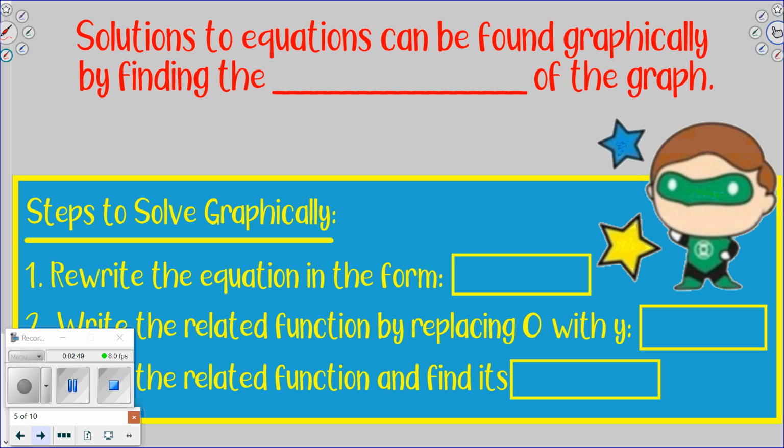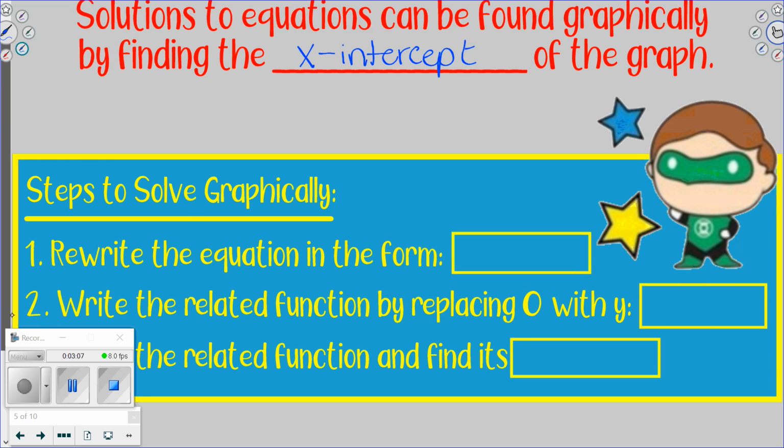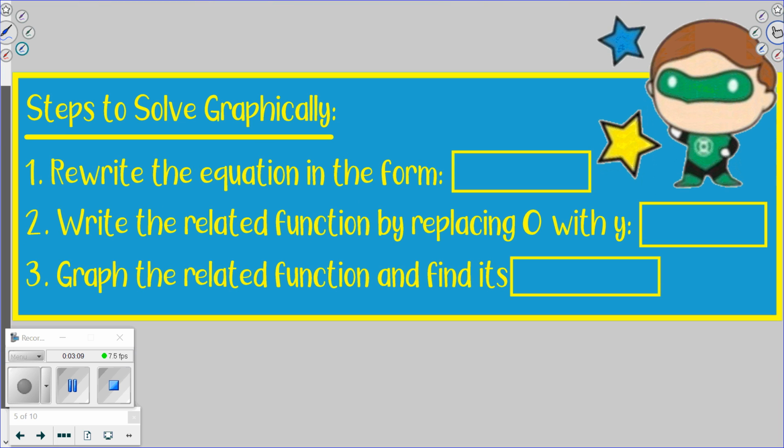So solutions to the equations can be found graphically by finding what is known as the x-intercept of the graph. You're solving for x, so it makes sense that it is the x-intercept. So here are the steps to do this, because this is what we're working on today, guys. Rewrite the equation in the form